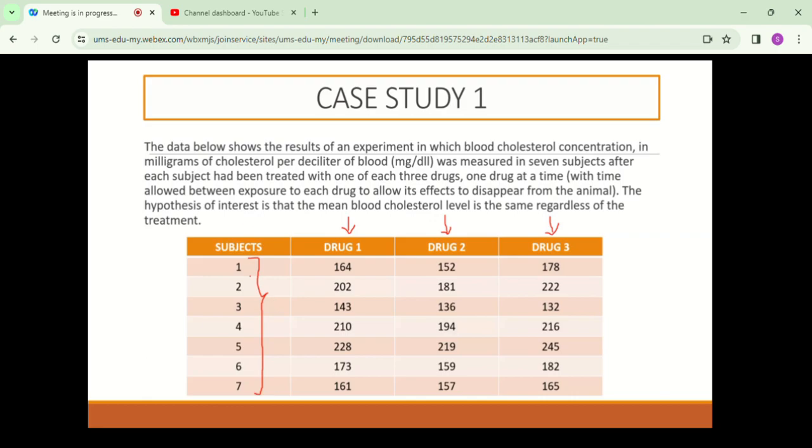Let's say the subject takes drug 1, and then after 2 weeks, after they flush out all the effect of drug 1, they will try drug 2. After another 2 weeks, after they flush out all the effects of drug 2, they will try drug 3. Something like that. So the data below shows the result of an experiment in which blood cholesterol